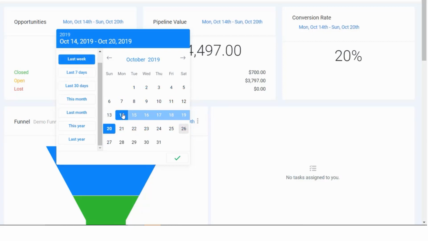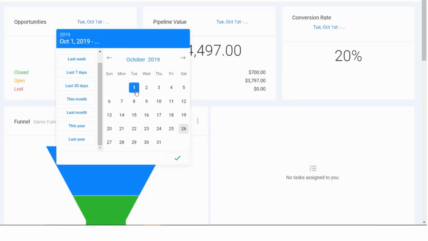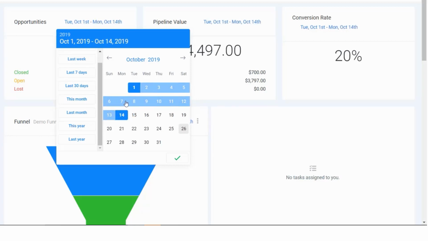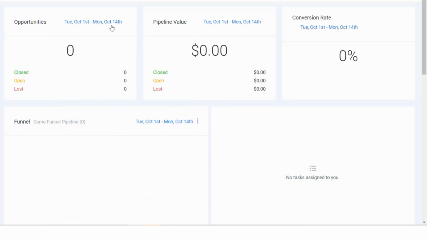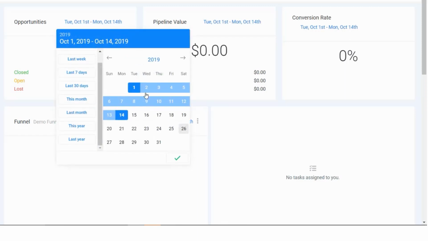if you're using that as a generic reporting period. The other thing you can do within this is actually select dates on the calendar. So if, for example, I wanted to see the first 2 weeks of October, I can click on this Tuesday and then I can click through till the following Monday. There you can see it highlights the area I've selected and I can hit the tick box. Now in this case, this is basically showing that I haven't had any leads come into the system in that period, right? So what that does is it shows you any leads that were entered into the system within that